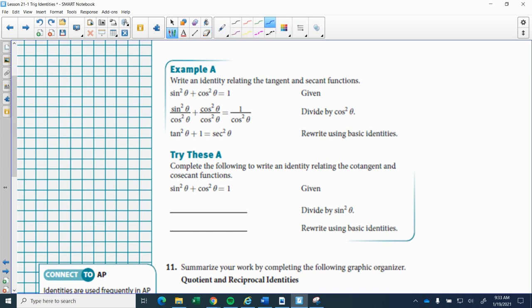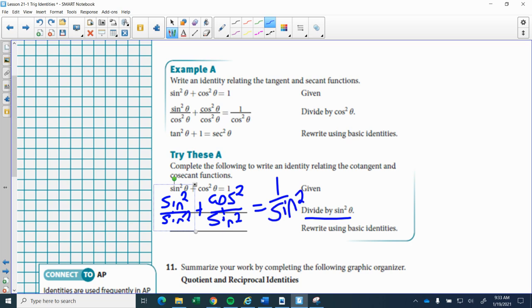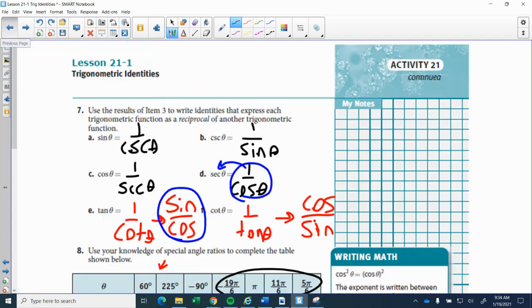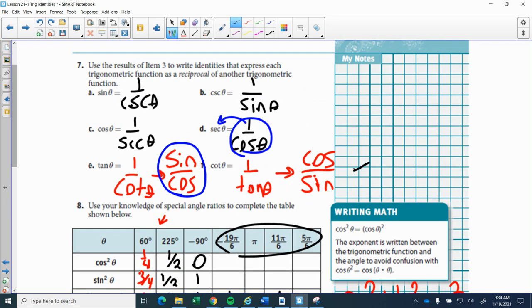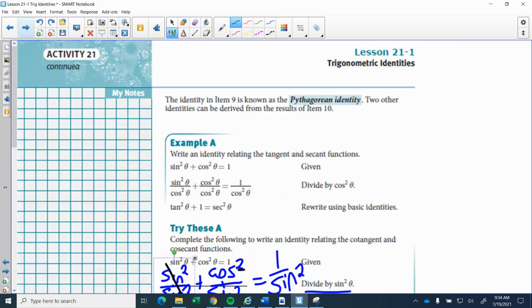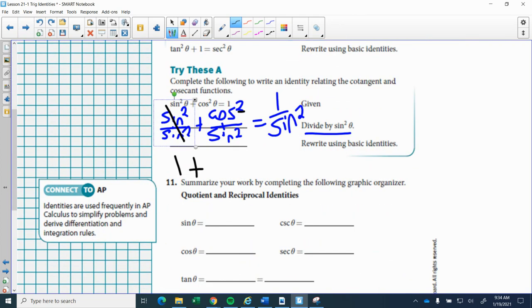Same thing could be done with a sine squared function. If I divide by sine squared, this would be sine squared divided by sine squared plus cosine squared divided by sine squared equals 1 over sine squared. Well, how does that simplify? Sine squared over sine squared is going to cancel and become 1. Cosine squared over sine squared, we go back to our reciprocals. If you notice, cosine over sine is a cotangent. So this becomes cotangent squared